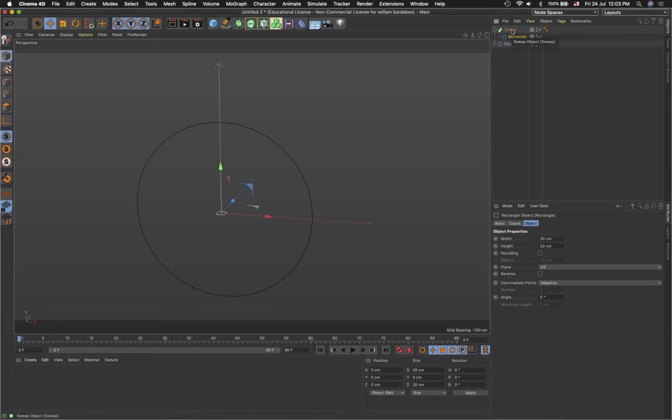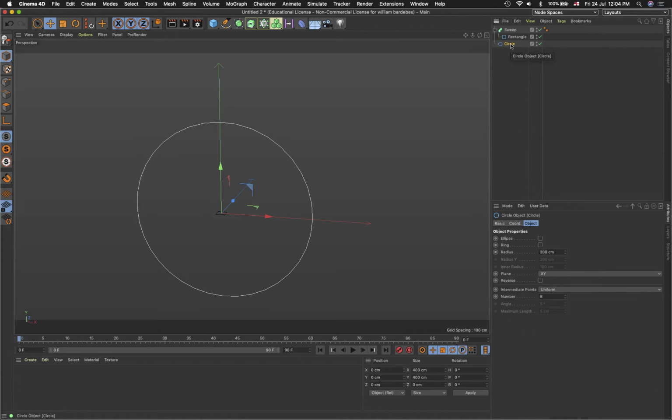So that is parented inside there. That has to look like that. I then get the circle and I do the same thing, but the circle is the path. So for a sweep, we need a profile and a path. We need the shape of the cross section and the direction that the cross section takes. So if I get this and I drop it into the sweep,